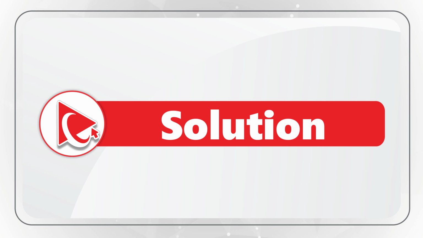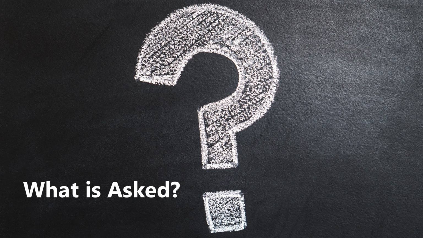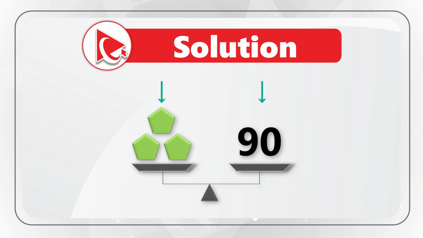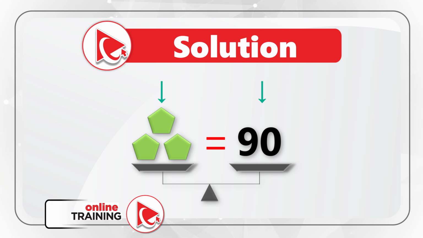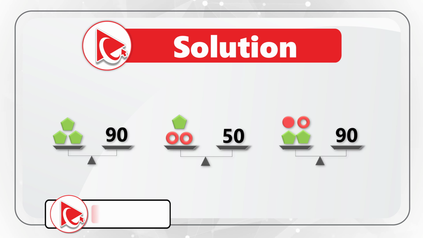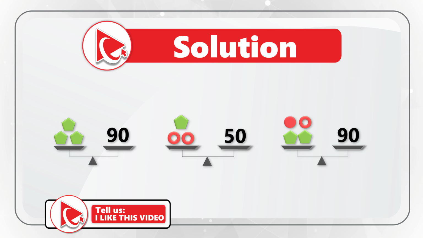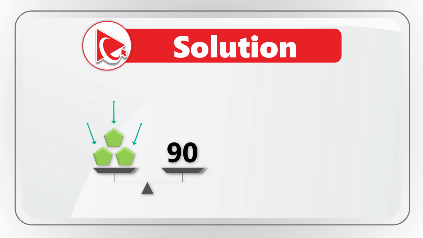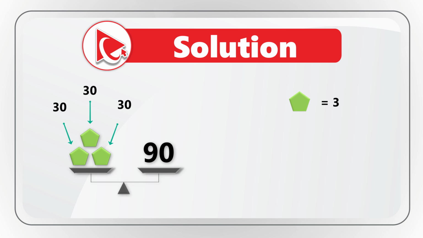I think the key to solve this challenge is to understand what is being asked. You see shapes on the left of the scale and the number on the right, which means that the combination of the shapes is equal to the number. To solve the problem, you need to go from scale to scale and calculate the shape's value. Let's start with the scale 1. It has 3 pentagons on the left and number 90 on the right, which means that each pentagon has a value of 30. Second scale contains 1 pentagon and then 2 bagels, and the combination of these shapes equals number